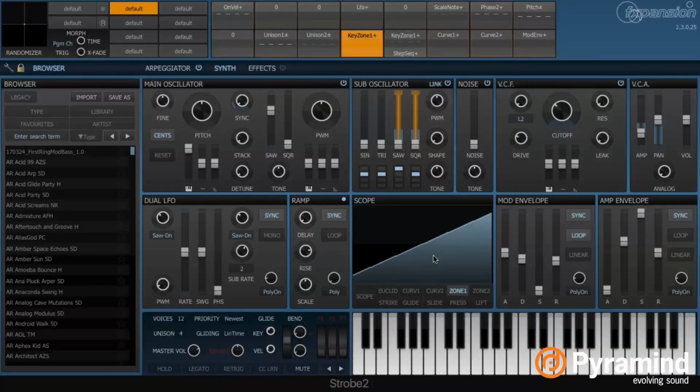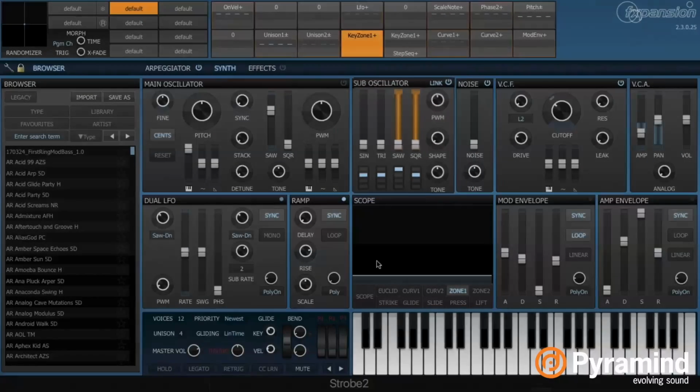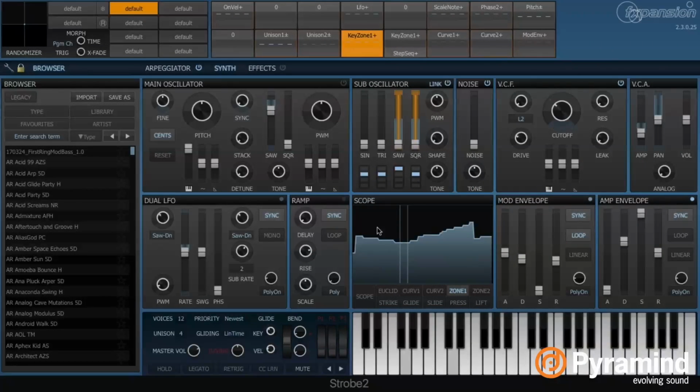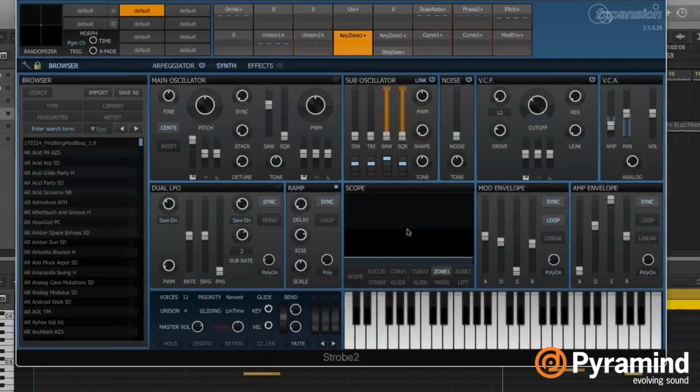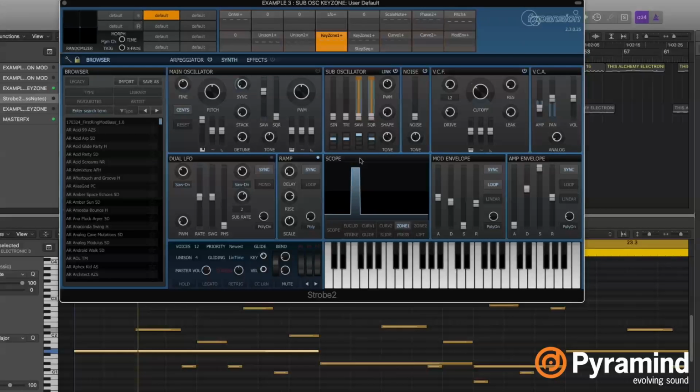Now what we can do with this is we can separate specific notes. So if I reset or clear this map like that, so that there's no value being sent for any of the keys, and then I disable my main oscillator for a second. I just want to listen to this sub oscillator. Right now I'm not hearing anything, and then if I draw a value here, what I want to do right now is separate the notes, so that only these notes play. So I have to play my region and then look at where that line is, which tells you which key is being played. So right there. So if I draw something right there,